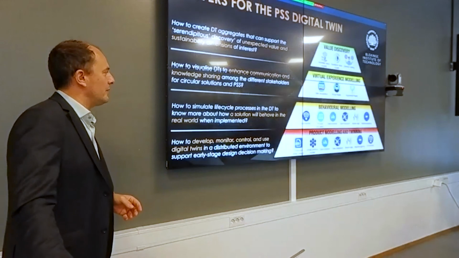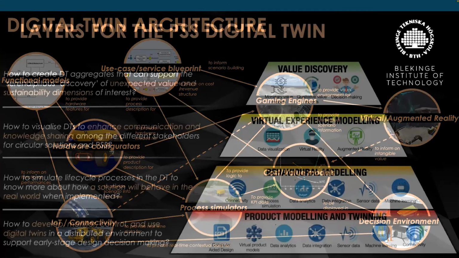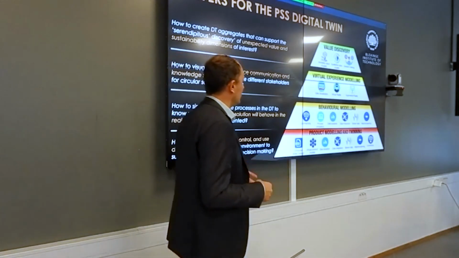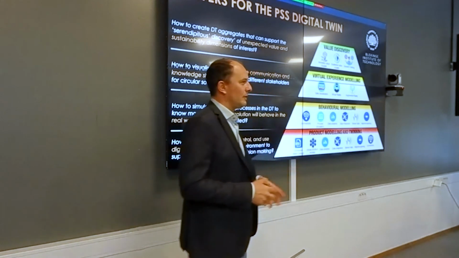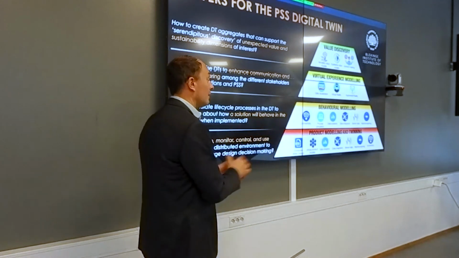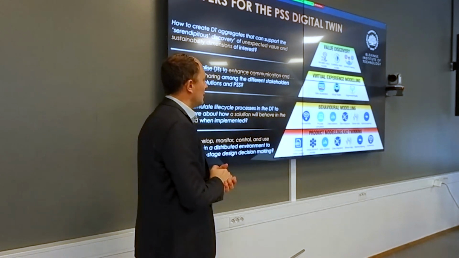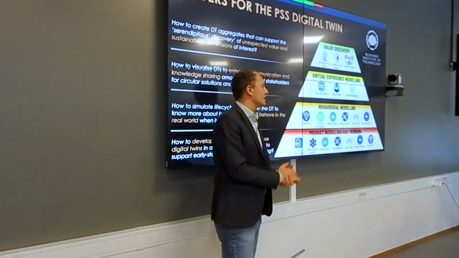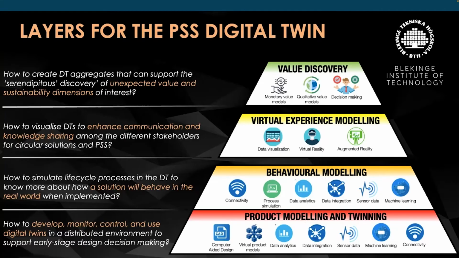I just want to mention that we are looking at all this architecture about digital twins, working on 4 different layers. This is something that many of you have seen also when we were talking a few months back about this doubled application. And the whole idea is digital twins for design, not digital twins for manufacturing. We need to move forward from the idea of modeling and twinning products. It's not just about putting a sensor and getting data. It's about also understanding, okay, what is the process and why is this data produced